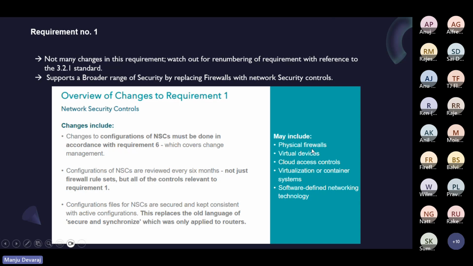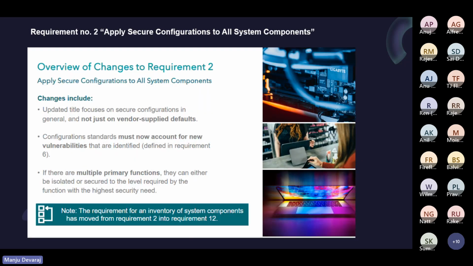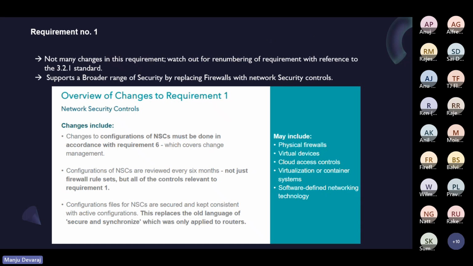If you look at the word "may include", it means they moved from a narrow context to a broader context. Before, they narrowed down to physical firewalls, end user computing firewalls, perimeter firewalls. Now it's not pertaining only to those. "May include" means it may also include other things, right? Virtual devices, your virtual context of firewall, your security groups, a lot of other things. In case you have SDN, software defined networking, you have controllers and stuff. Everything goes into that NSC. Now, on requirement 1, that's a major change. Okay, and I've already